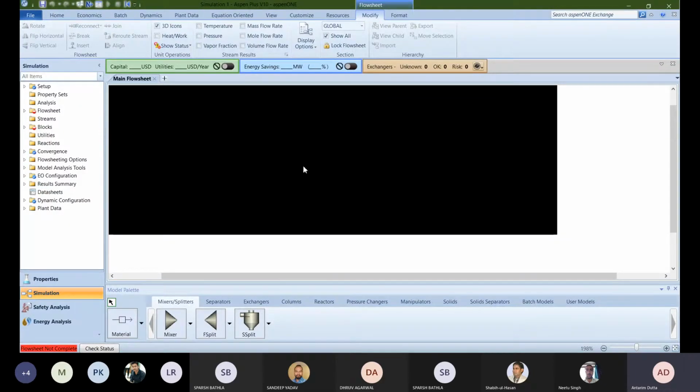So what I have done is added my model, which is a mixer. For now, I have to add material streams. Okay, so on clicking material streams, you will automatically see that red and blue streams are added to your model. The red streams are the required ones. That means without defining your red streams, your model would not execute. You would not be able to perform the simulation of your model without defining these red streams.